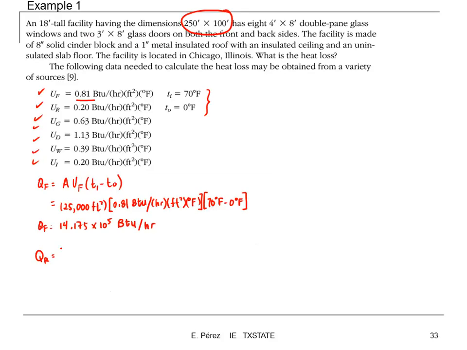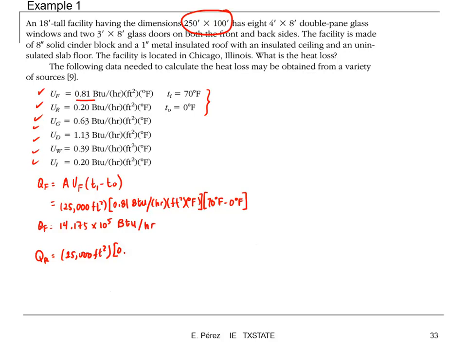So what will be the area that we need to consider for this one? Correct. So it's going to be the same area of the floor. Okay. Now that dimension is provided by the facility here, 250 times 100. So we're going to have the same area. So this is going to be 25,000 feet square